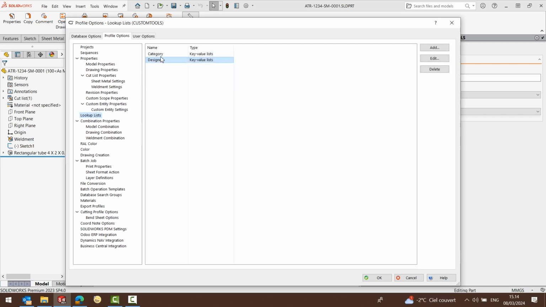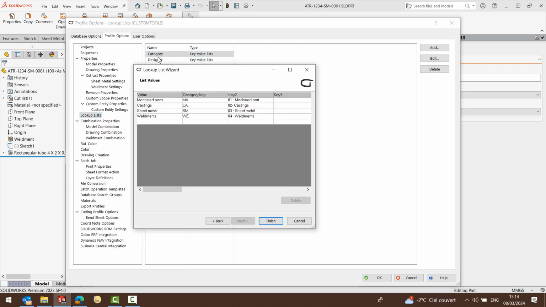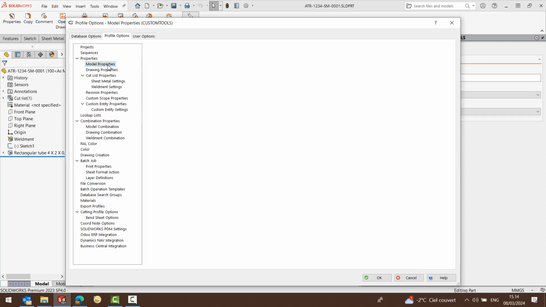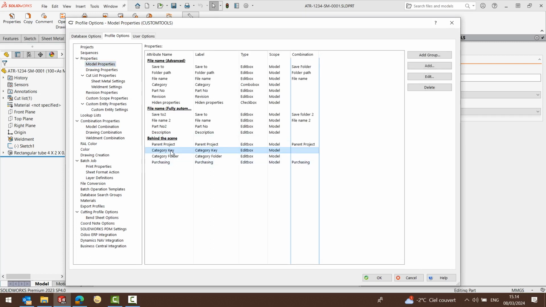From the category lookup list, we can see how keys can be defined. We can have up to 15 keys associated with the drop-down values. Those can be used to create folder or associated with the file name. Once keys have been defined, they just need to be associated with properties so that they can be used in